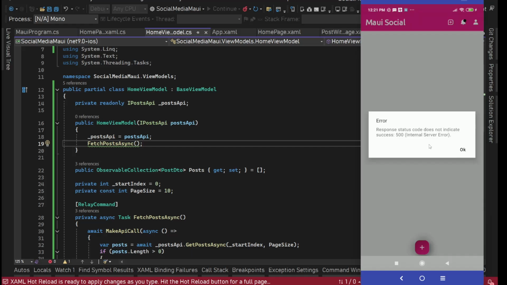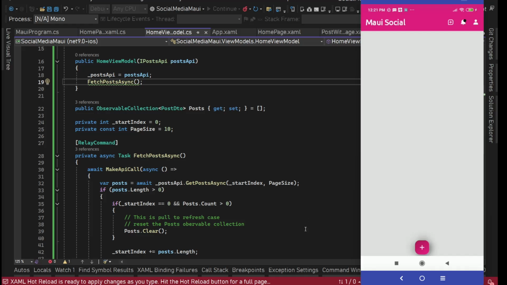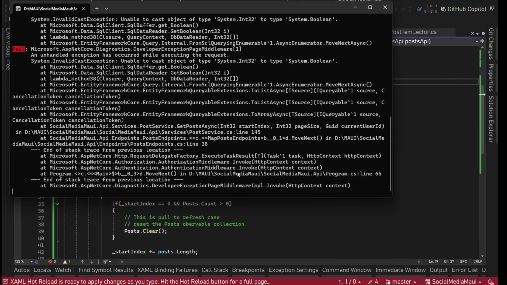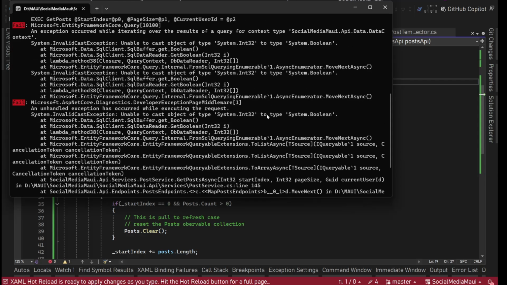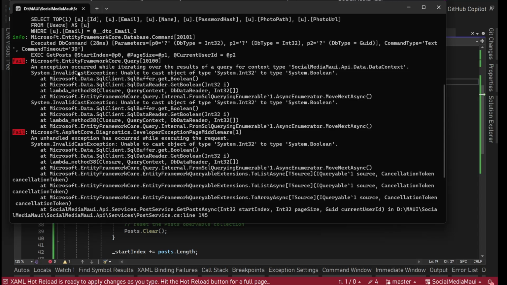And we have some error. Response status code does not indicate success, internal server error. We'll see what this is. Okay, and let's see if we have something in our API call stack. So we have some problem. If we check, it says